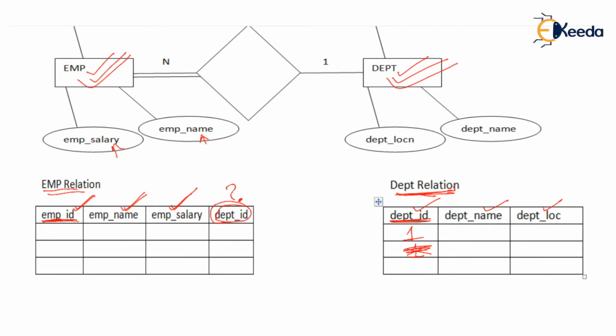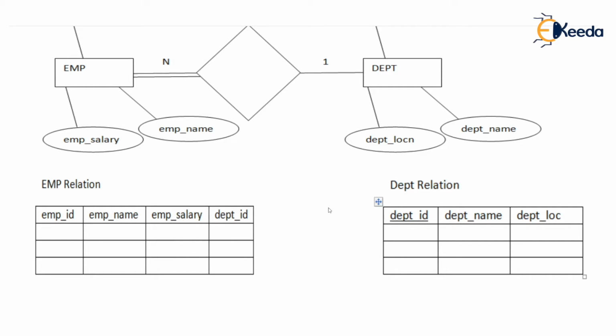Because the EMP entity had only three attributes. Suddenly this fourth column has been introduced, and this is nothing but the DEPT ID of the DEPT relation, which has been put here. So department ID will be in both the relations, EMP relation and DEPT relation. This department ID which is there in the EMP relation is known as foreign key. I repeat, the department ID in the EMP relation is called foreign key, and this foreign key references the department ID of the DEPT relation.